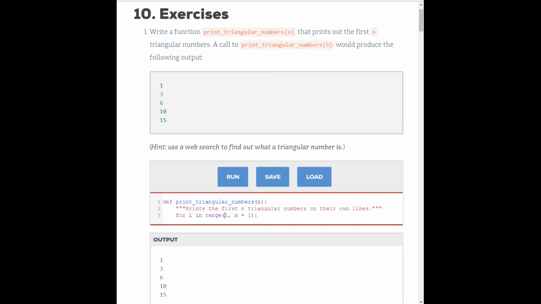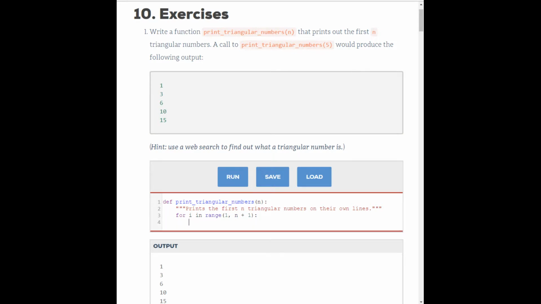So in this case, it's going to go 1 through n plus 1, exclusive, meaning it's going to do 1 through n. So for i in range 1 through n, essentially, 1 through n inclusive, we want to then print,